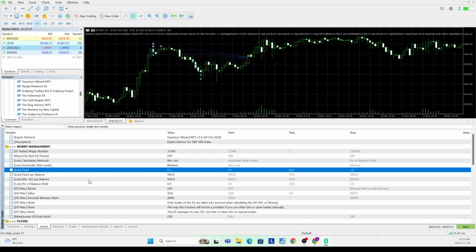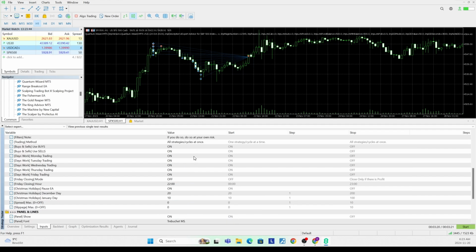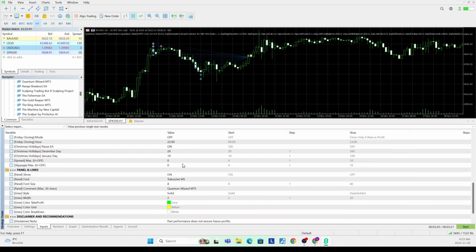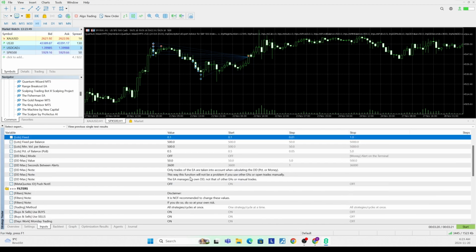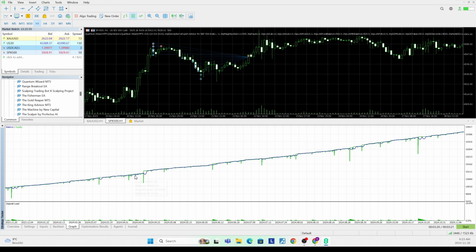And there's all these different methods of effectively trying to use this technique to make returns. But just with a caveat, it is a high-risk technique, even if you're using an equity stop loss, or if you're trying to do the account doubling approach, there is inherent risk with this type of system. So it's just good to be mindful of that. And here we can see as well, scrolling through, that there are some fairly advanced filters in terms of day of week or Christmas and holiday-based filters. And apart from that, we're really not seeing a ton. We can go through the back test here, and this does appear to be a classic grid martingale system.